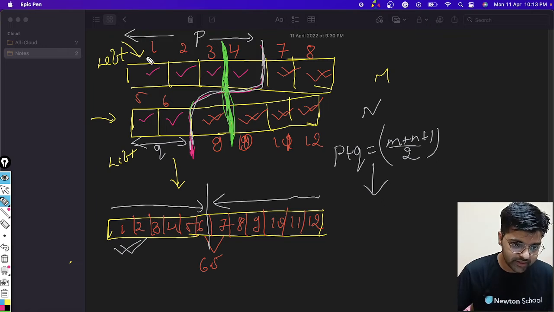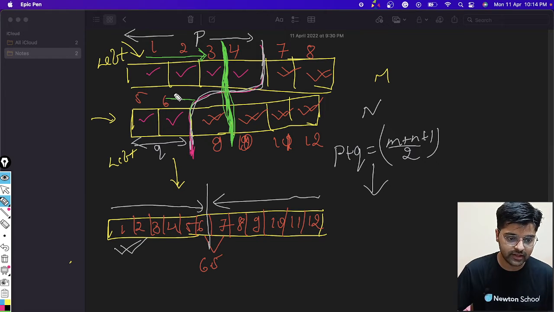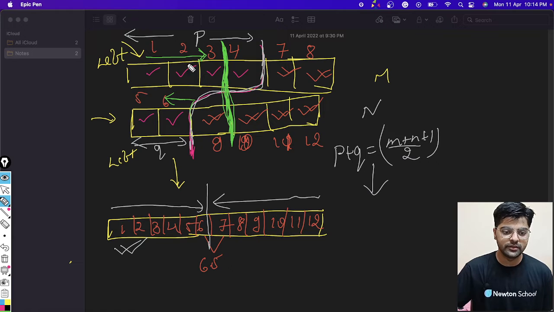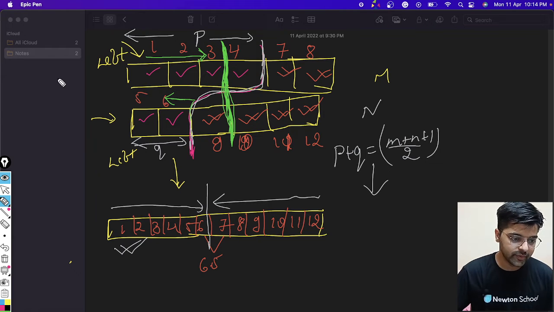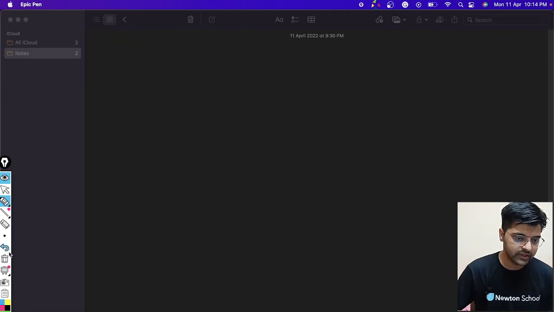So if we increase the number of smaller elements in the first array, then we will have to decrease the elements left of the boundary. So what we will do is binary search on the first array, right?